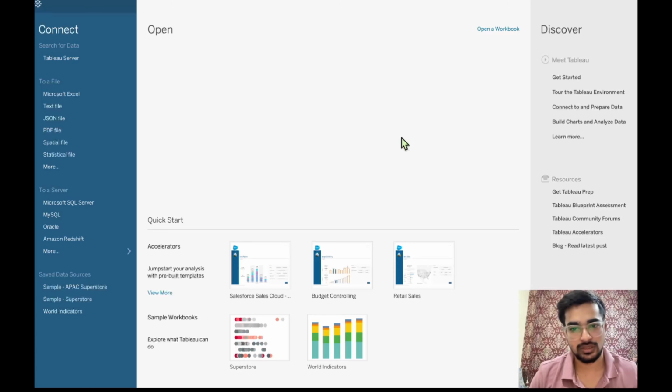So Tableau is actually a visualization software. It's not the thing where you do analysis or modeling on Tableau. That is another thing. Tableau is just used for the visualization of the data. So whatever analysis you have done previously using Python or SQL or Excel, whatever the final data that you have, you can use that data here and plot